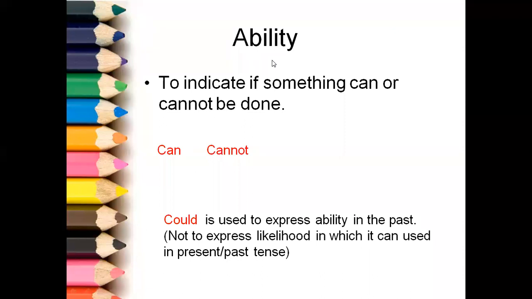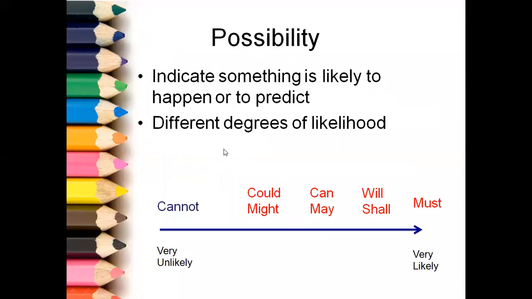You cannot directly use a modal verb independently. It has to be used with the main verb. Sometimes a primary auxiliary like be may come in between the modal auxiliary and the main verb, and most of the time it doesn't. So I told you modals are used to express possibility, obligation, necessity, and ability. And I have shown you all the examples of possibility. These are the modal verbs which you can use to talk about possibility. And the degree: 100% negative, 100% positive. Negative cannot, positive must. 50-50, could, might, can, may, 75%, will, shall, 90%.